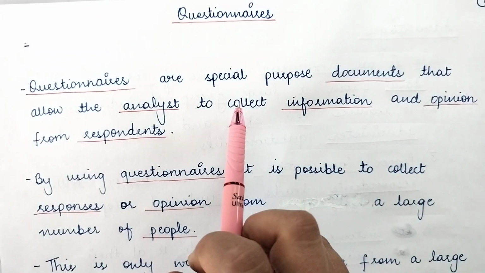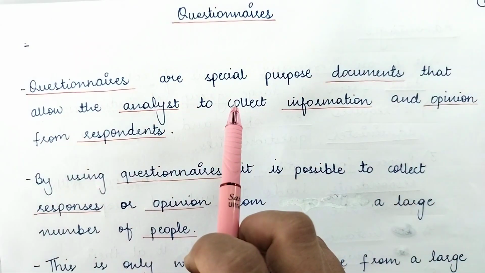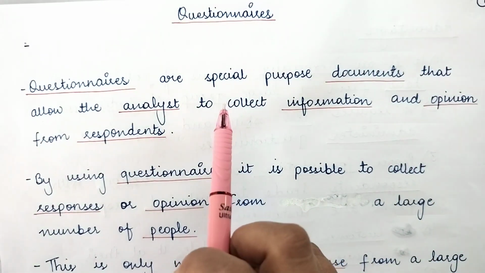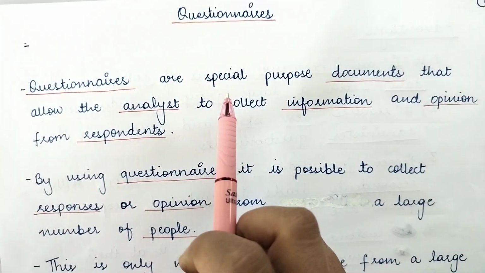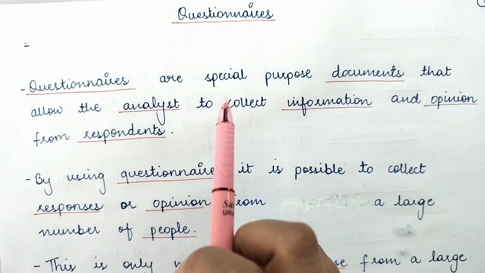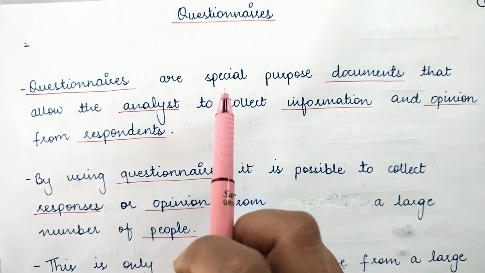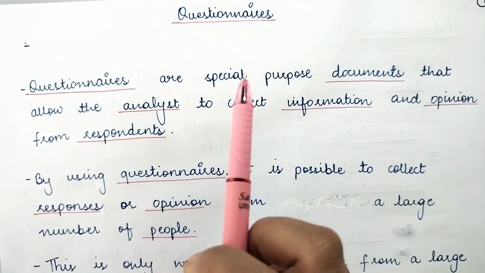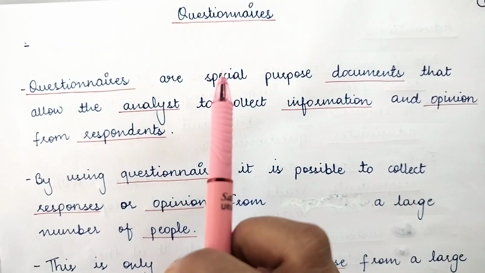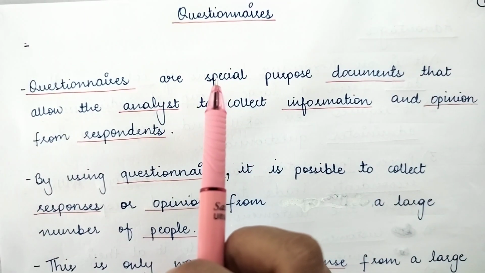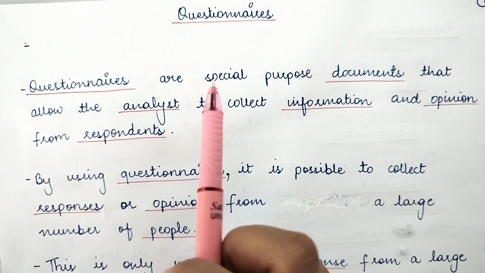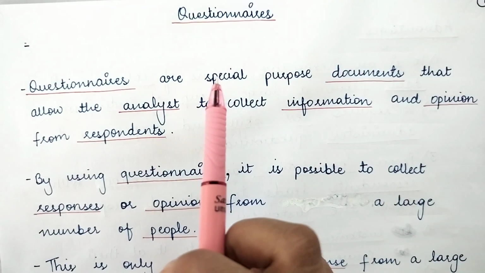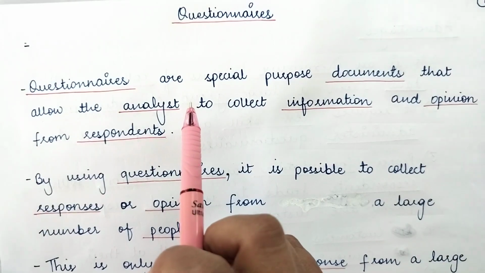You must have noticed these days that some brands conduct online surveys wherein they provide you with questionnaires like where did you hear about this product from, which sunscreen do you use, which moisturizer do you use, which brands do you use. Such questionnaires as online surveys you find a lot these days. Those are a form of questionnaires wherein you are asked a question and you are provided with different options for that question, and you have to choose one or more relevant options. So these are the questionnaires.